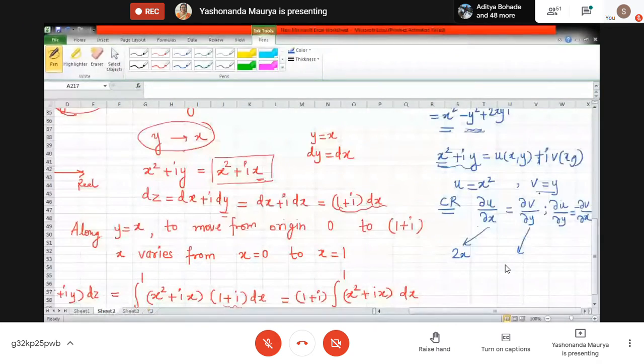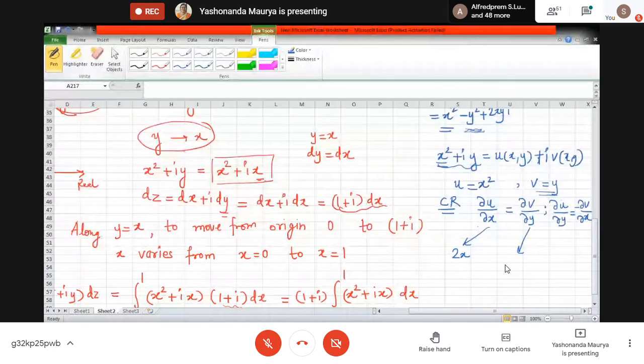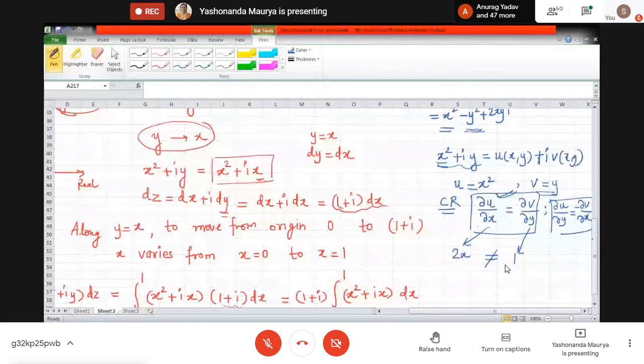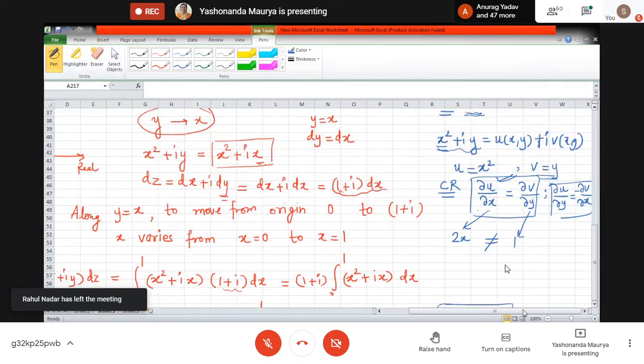Derivative of v with respect to y, it is 1. So they are not equal. When the function is analytic, both the equations should be satisfied. Here even the first equation is not getting satisfied, forget about analytic. Then it means it will depend on the path that we are choosing, whereas in the next case,